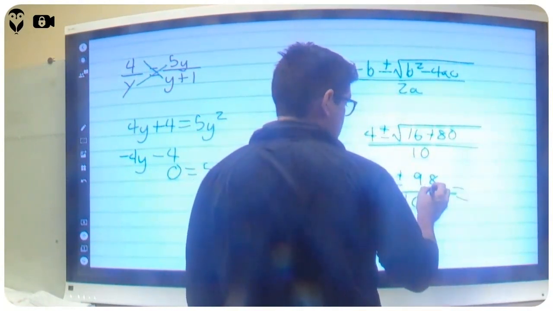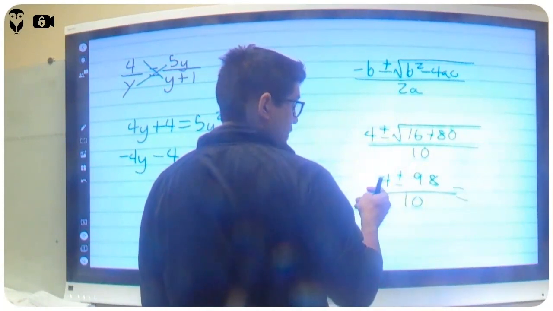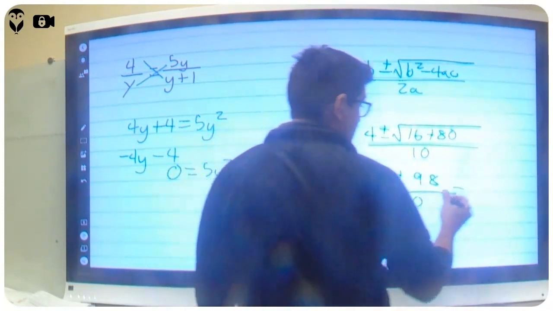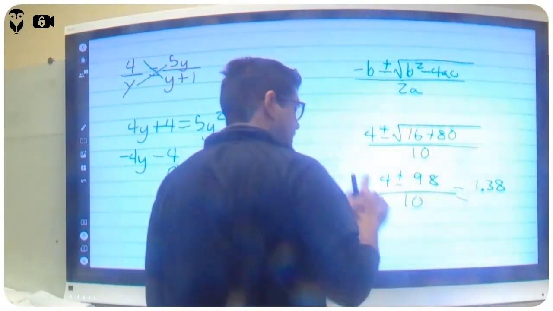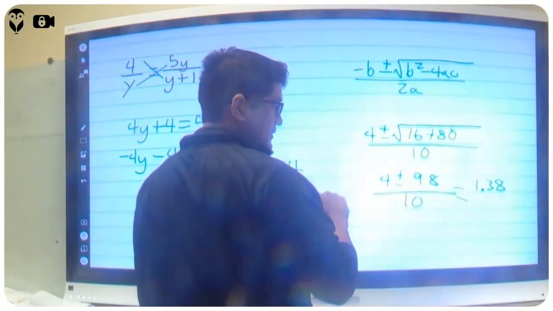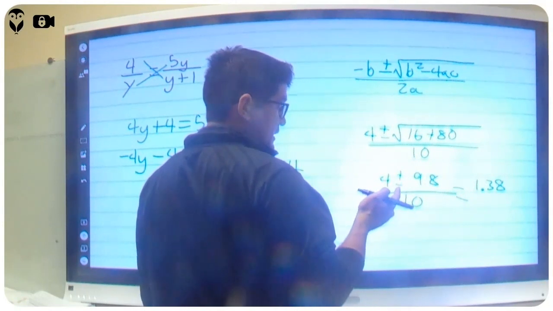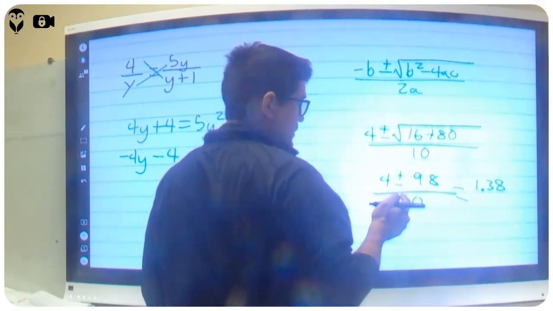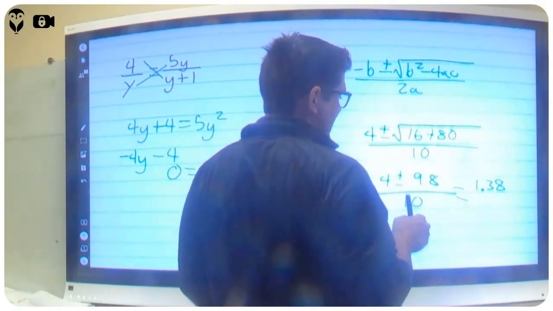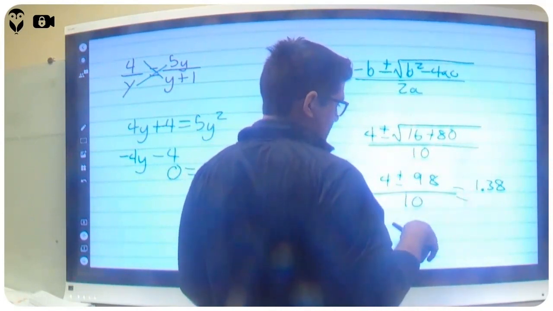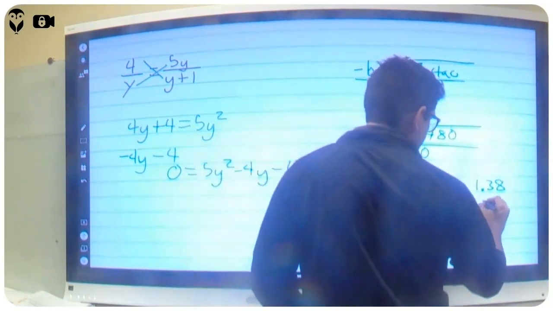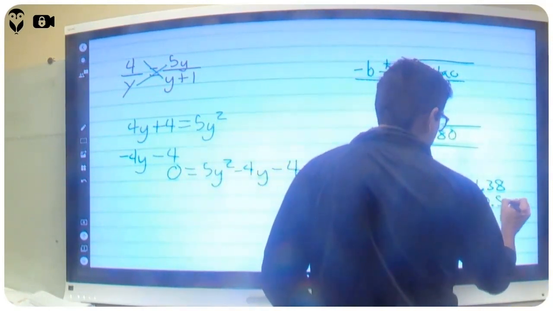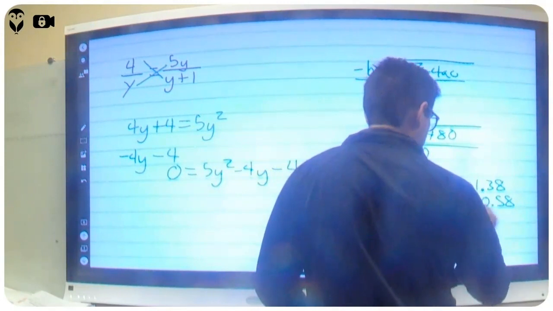So 4 plus 9.8 is going to be 13.8. 13.8 divided by 10 is 1.38, one of the solutions. And then if I do minus, 4 minus 9.8 is going to leave me with -5.8, and -5.8 divided by 10 is -0.58. So those are my 2